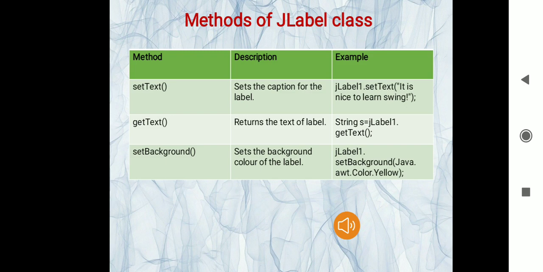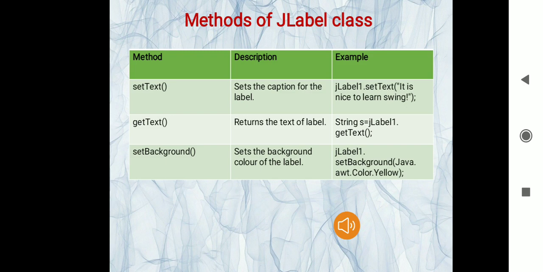The next method of the JLabel class is getText, which returns the text of the label. Now, we already know that the text which was set into the label was "It is nice to learn swing," and if we want that text to be assigned to a variable named s, we have to use the getText method. This method grabs the text that was set into the label and then assigns it to the variable named s. The Java statement to do that is String s = JLabel.getText();